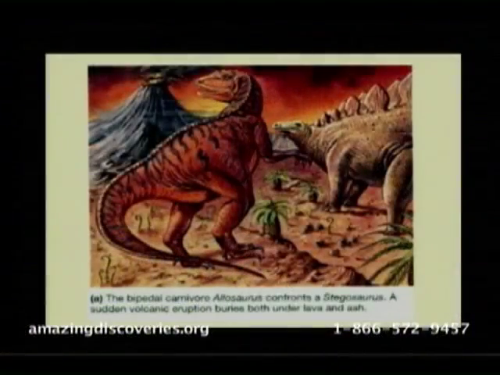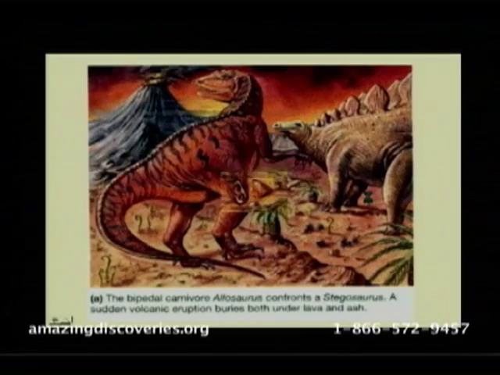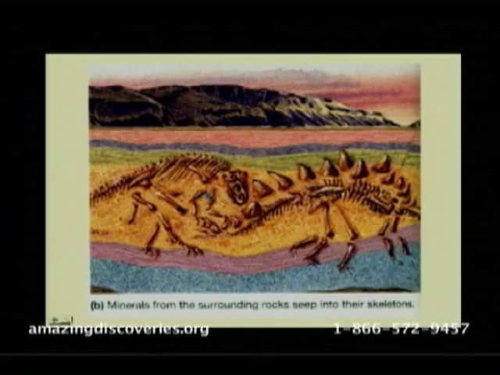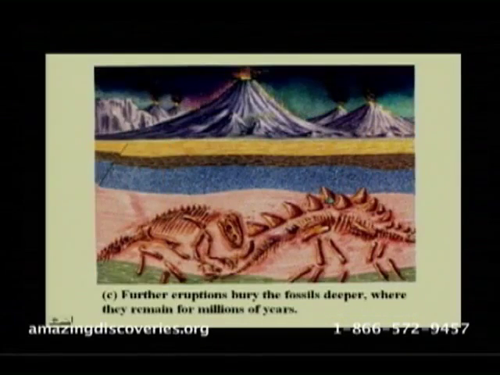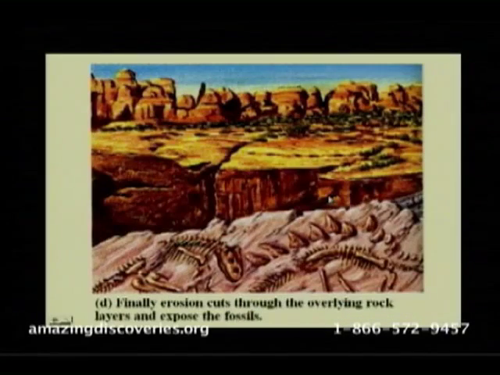So if you have modern textbooks, you'll see pictures like this. Dinosaurs, and then there is an eruption of some volcano. These are Allosaurus and Stegosaurus walking around. They get buried, and then after a while there's some erosion that takes place, and they are exposed, and then you can find them and study them. And then this is how it happened. But this is not what we really see. What we really see is organisms washed into position by water.